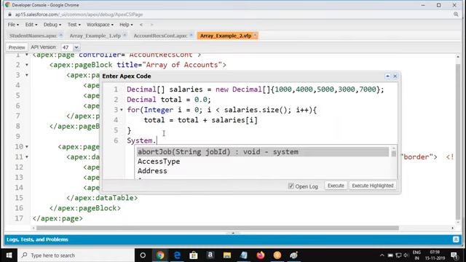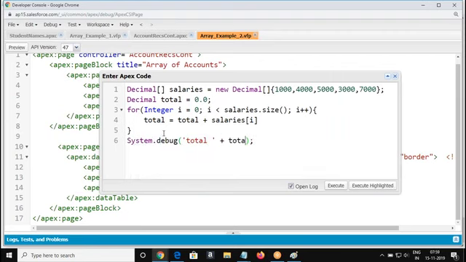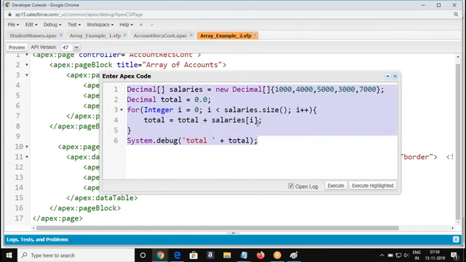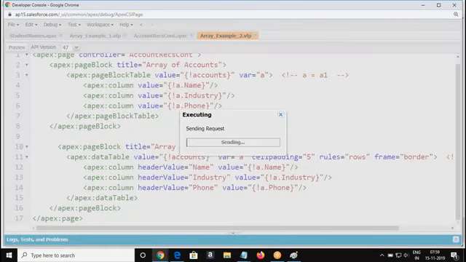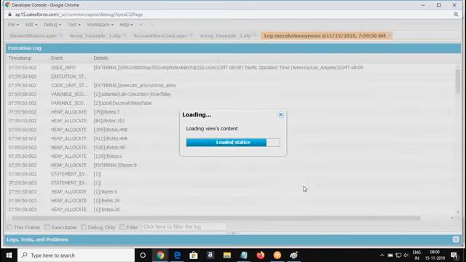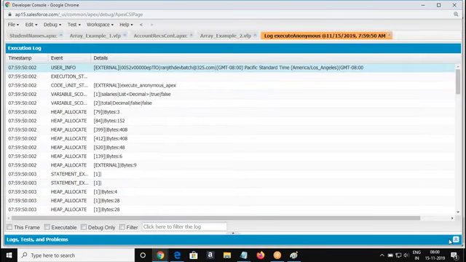Then finally I'm going to display the total. I got the total here.